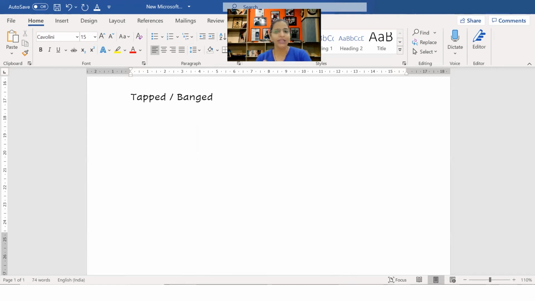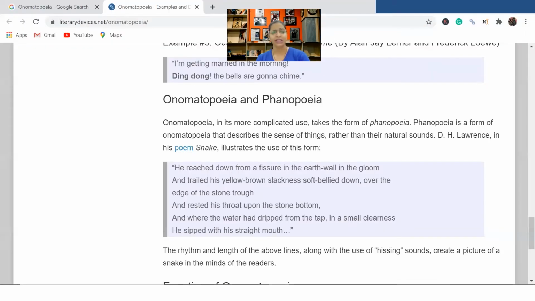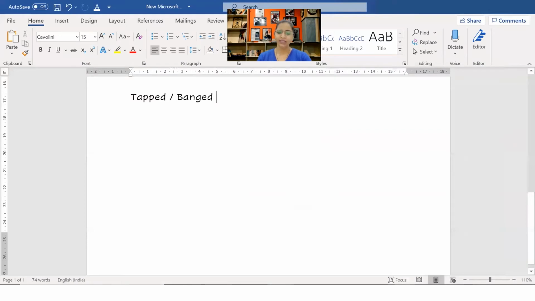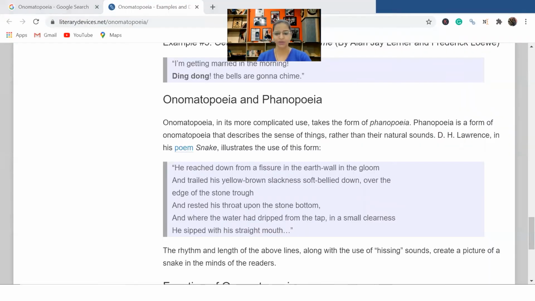So that is how you create the touch. Tapped, banged, gently, kissed, right? All of that is basically the power of touch. So don't worry, all these words are easily available on Google. So you can just Google them out, the words for touch or words for slap. She slapped. Slap is basically a word to show the touch only. She slapped her harder. Okay. So that is basically to show the touch part only.